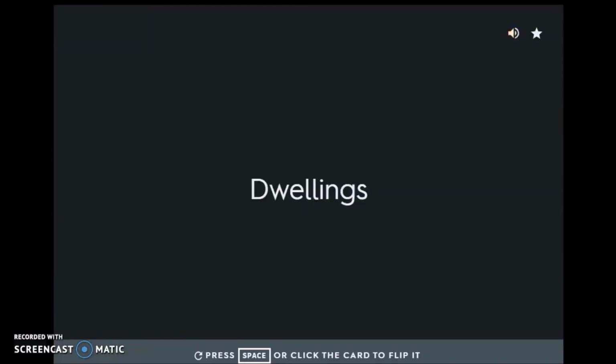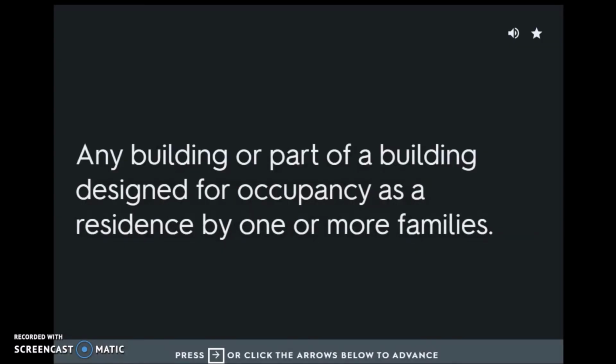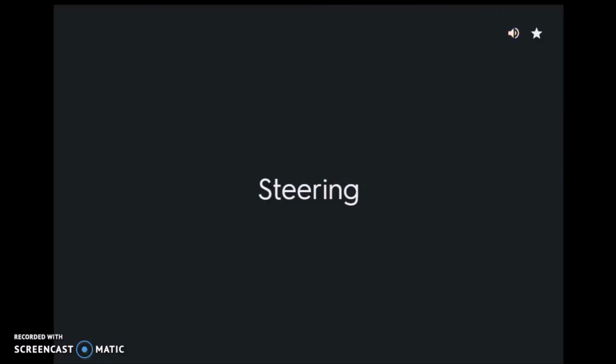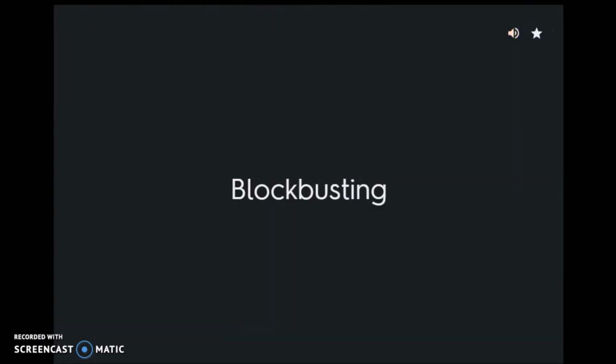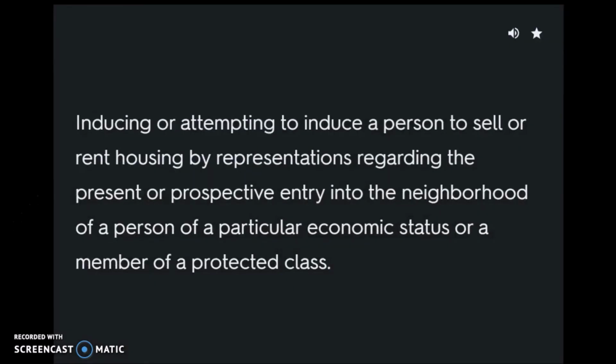Dwellings. Any building or part of the building designed for occupancy as a residence by one or more families. Steering. Falsely representing that housing is unavailable for inspection, rental, or sale. Blockbusting. Inducing or attempting to induce a person to sell or rent housing by representations regarding the present or prospective entry into the